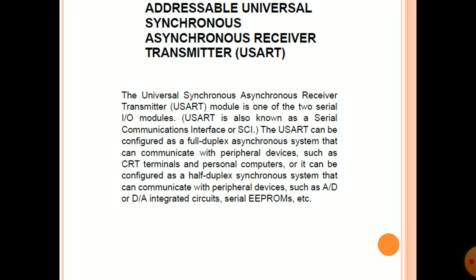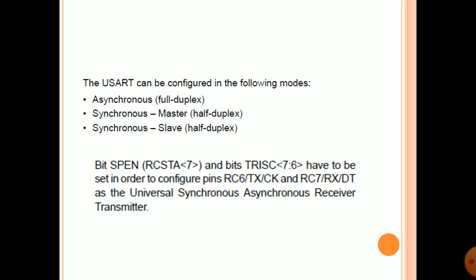The USART can be configured as a full duplex asynchronous system that can communicate with peripheral devices such as CRT terminals and personal computers, or it can be configured as a synchronous system that can communicate with peripheral devices such as A2D or D2A integrated circuits, serial EEPROMs, etc. That is, in an asynchronous system it is full duplex, and in a synchronous system it can be configured as half duplex. The USART can be configured in the following modes: asynchronous full duplex, synchronous master half duplex,